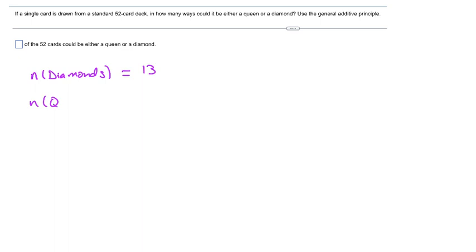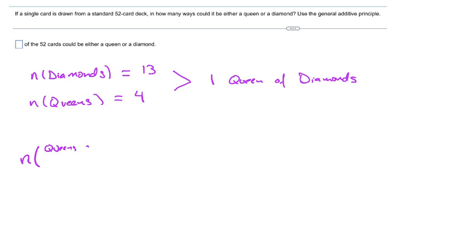Likewise, in our standard deck, we know how many queens that we have. We have a total of 4 queens. And in addition to these 13 diamonds and 4 queens, we know that we have 1 queen of diamonds. And so from our counting formula, what we then know is that our number of queens or diamonds